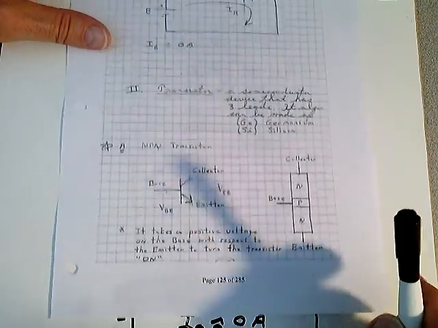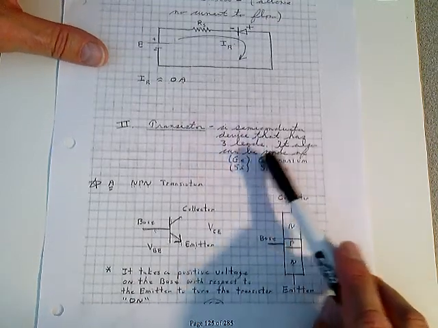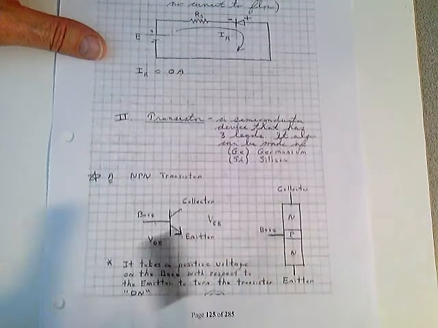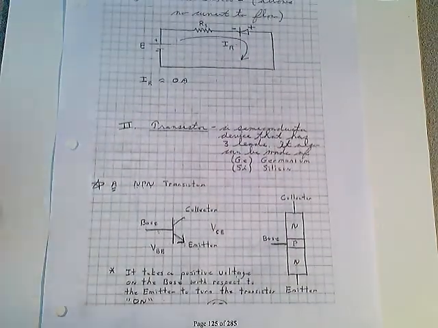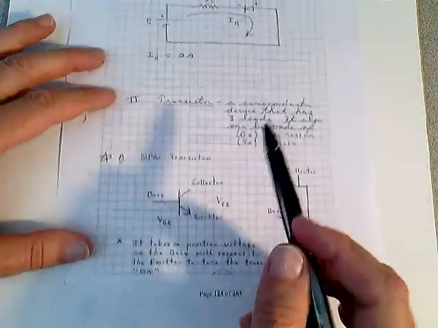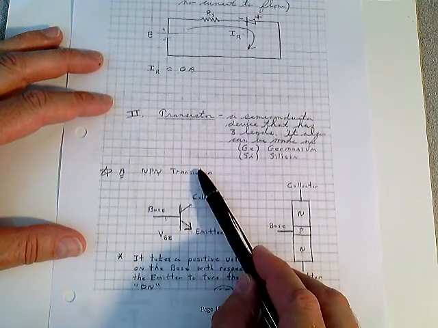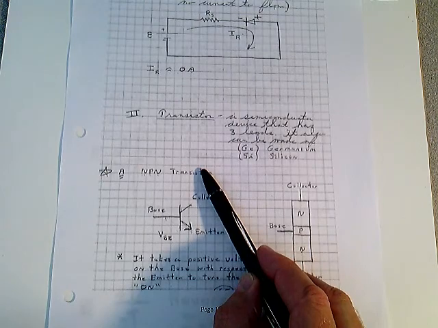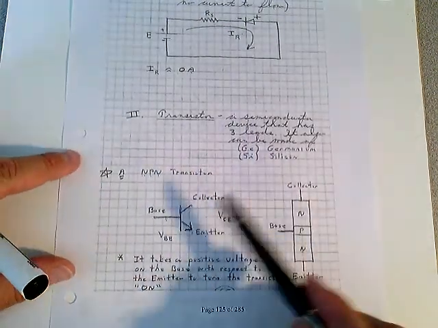On page number 125, the transistor, a semiconductor device that has 3 leads. It also can be made of germanium and silicon, just like the diode can. Transistor comes in 2 forms, an NPN transistor, or on the next page you'll see a PNP transistor. Those are the 2 forms that the transistor comes in. We're on page 125. Transistor